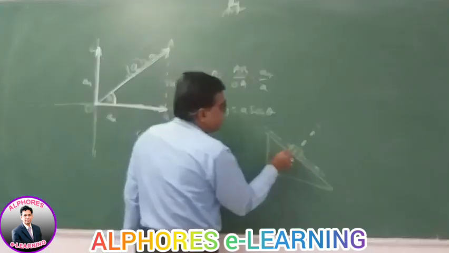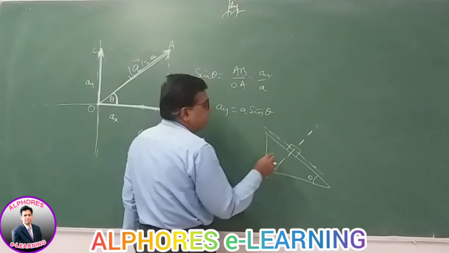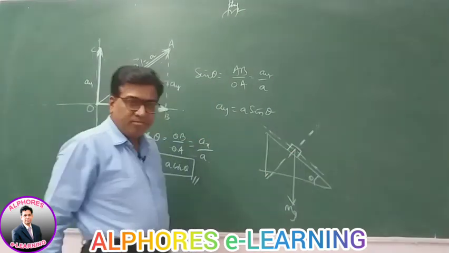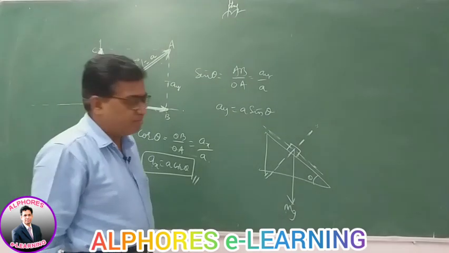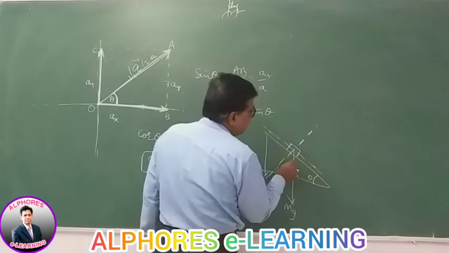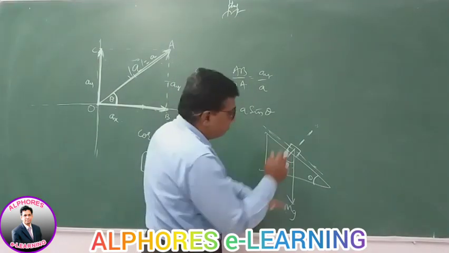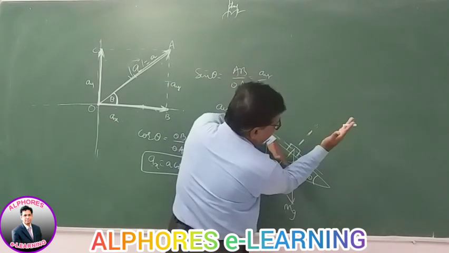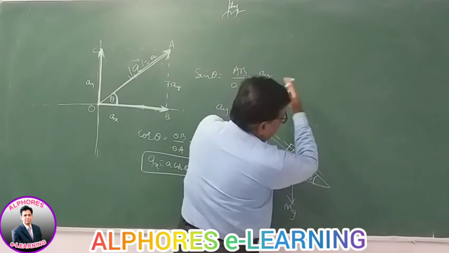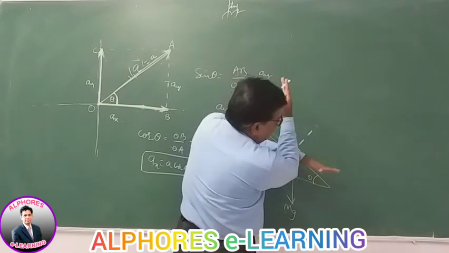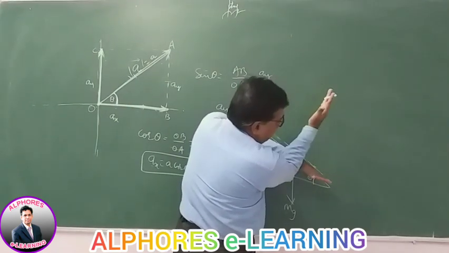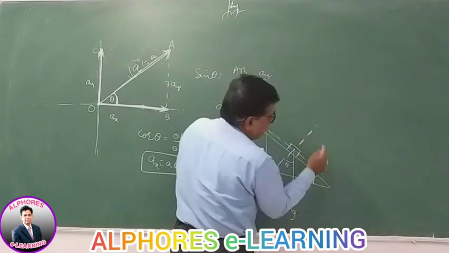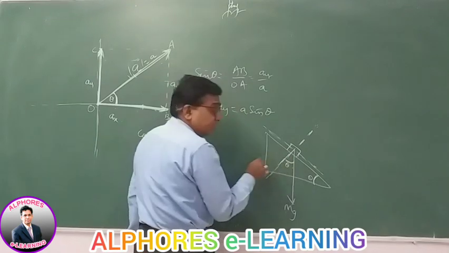Similarly, suppose there is an inclined plane of angle theta, and a body is on the inclined plane. Weight always acts in the downward direction, mg. By geometry, if this is theta, this is also theta. Suppose this is horizontal and vertical. If I bend my hand like this, the angle through which the left hand turns is the same angle through which the right hand turns. So if this is theta, this is also theta.